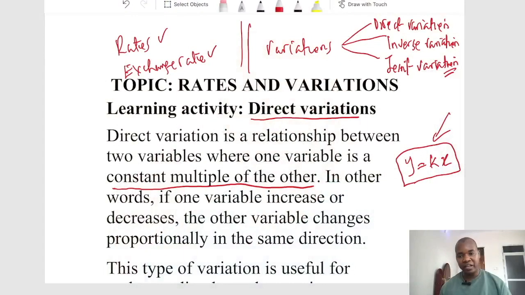So to make it simple, in direct variation, two quantities are in direct variation if increase of one variable results into increase of the other variable, while decrease of one variable lead actually to decrease of another variable. One side you have decrease, the other side una decrease pia. One side una increase, basi the other side pia utakuwa na increase as well.